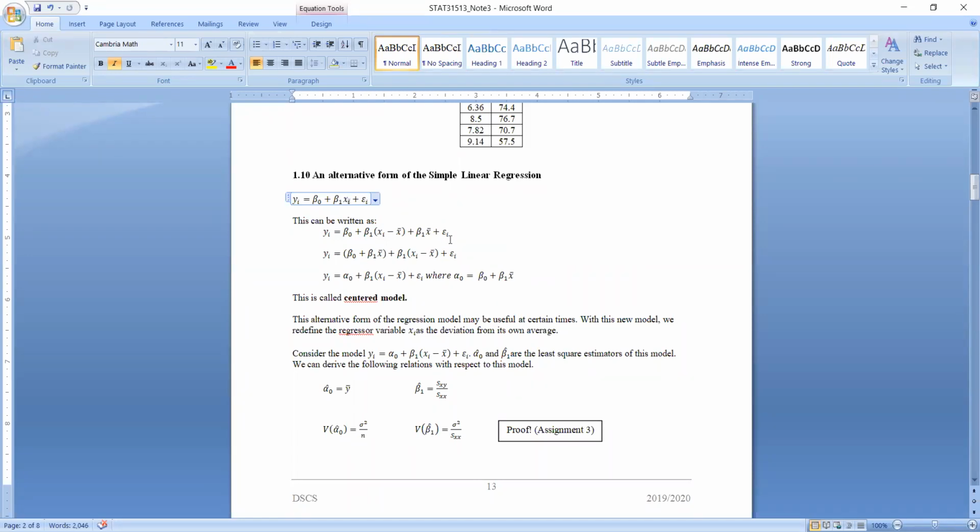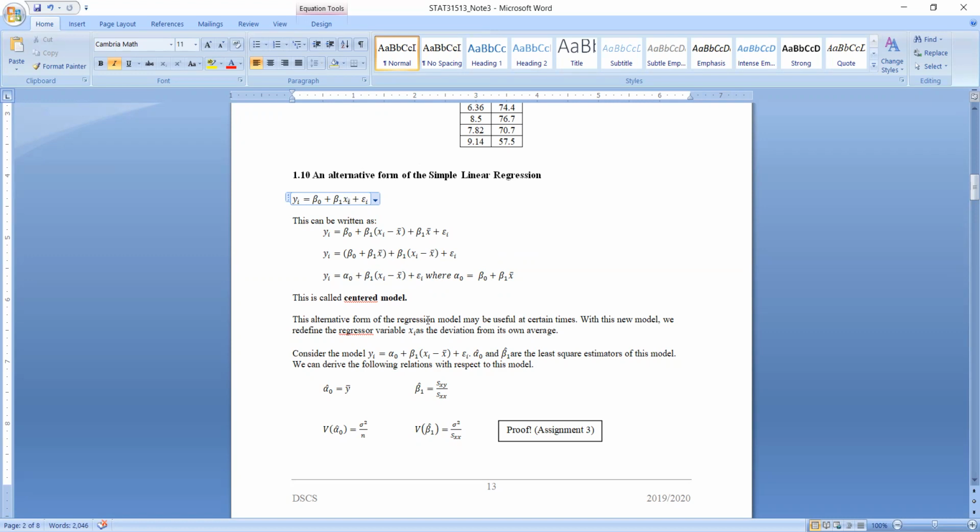If you rearrange these terms, since x bar is a constant, that is the mean value of this random variable, you can take beta 1 x bar and beta naught as one term. So we can denote this one by alpha naught, and then you have beta 1 times xi minus x bar plus epsilon. So you can see we have rearranged the model by replacing xi by xi minus x bar. We call this the centered model of